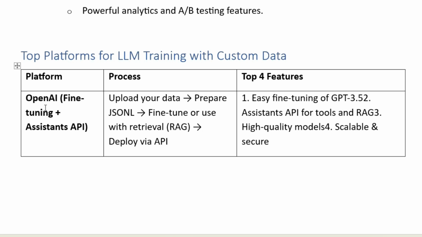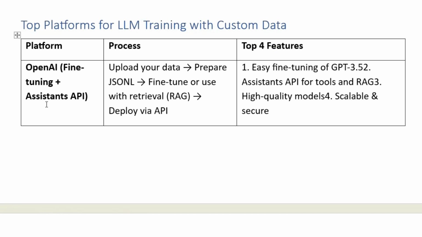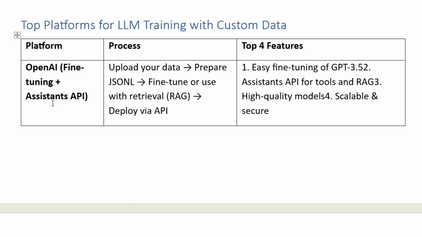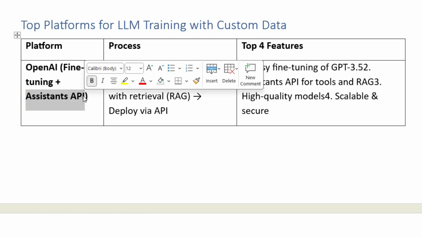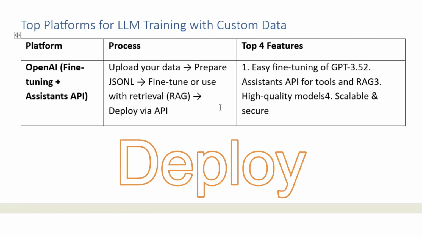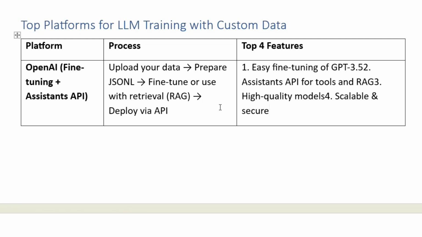So this is the OpenAI fine-tuning and Assistants API. Something they do with a custom GPT will only open in the GPT itself. It cannot be used as a chatbot. It is customized for your data, but it cannot be extended to a chatbot. But the same thing, they say, can be used with the Assistants API. They fine-tune, but we need to deploy. Deploy means we need to take that by using Flask or Hugging Face or any other environment, take the data and make it run. That is the meaning of deploy or host.